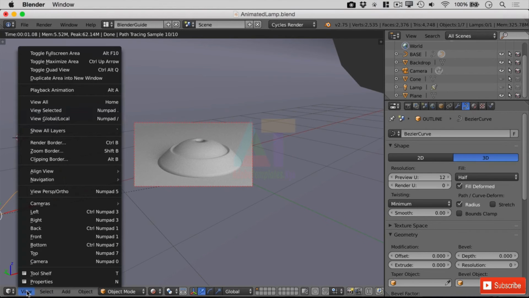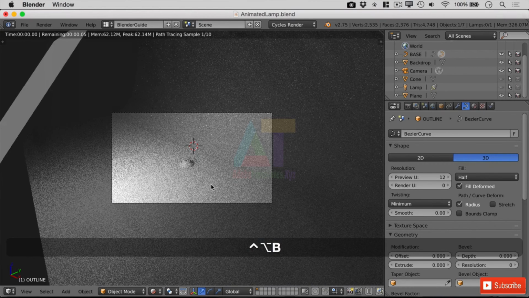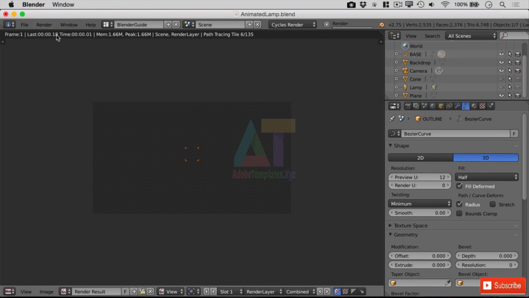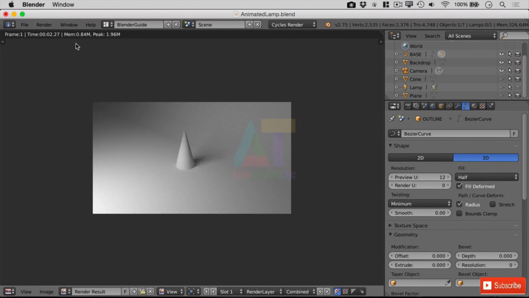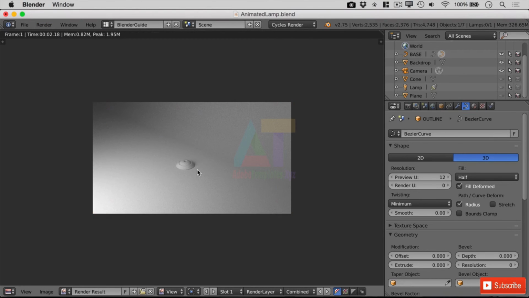What you will find is if we change the view to camera, it has a different box selected on it. And of course, when we click render, that's what it does. So if we go Control Alt B and clear that, we see the whole thing will render. And if we go to rendered image, of course it's rendering our cone. Now why is it rendering our cone? Over in the outliner we have our camera here, which is what we're looking for, and beneath we have our cone. Now it's not visible in the 3D viewport, but it is visible in rendering. So if we turn that off and go back to rendering the image, there we go,